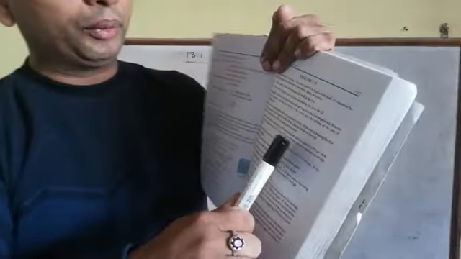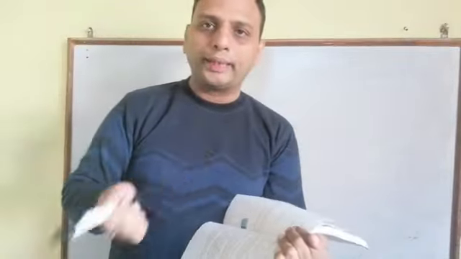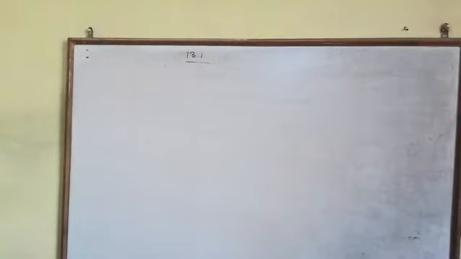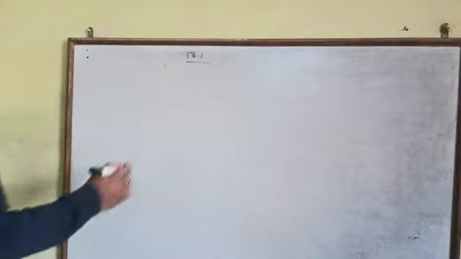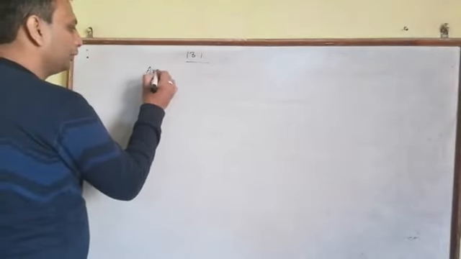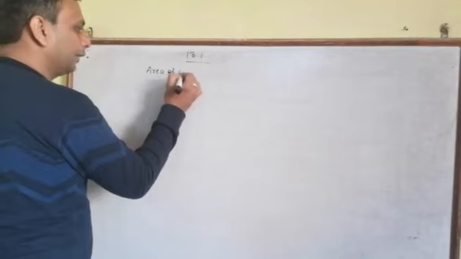This is the area of the container, which is given in meter square, and these three are given in centimeter. So either we have to convert the container into centimeter square or the bricks into meters. So for that, what we will do, this is the area of the container.